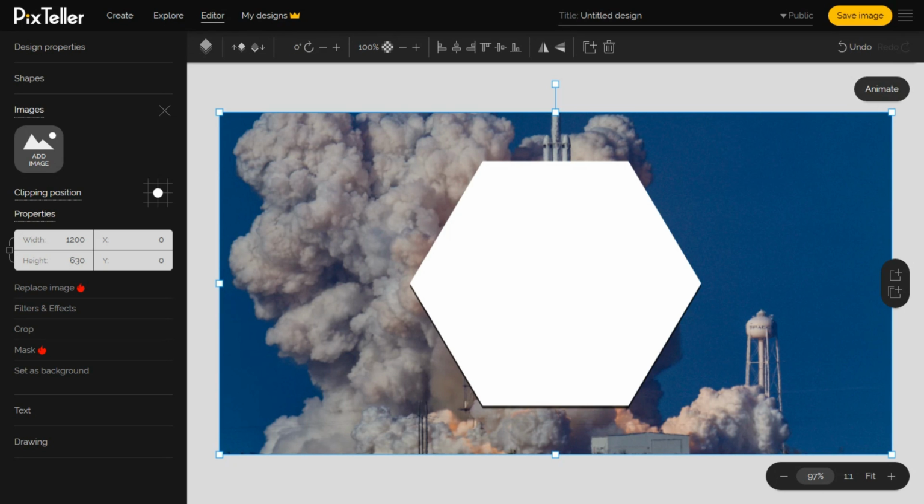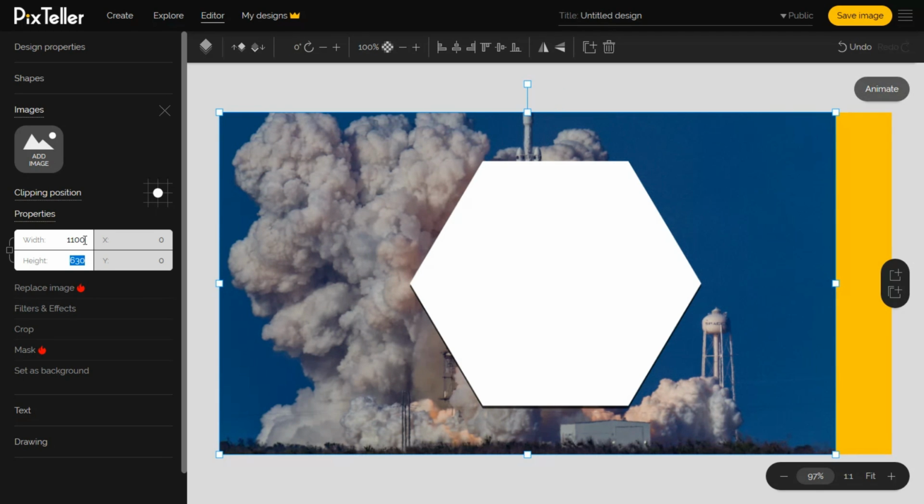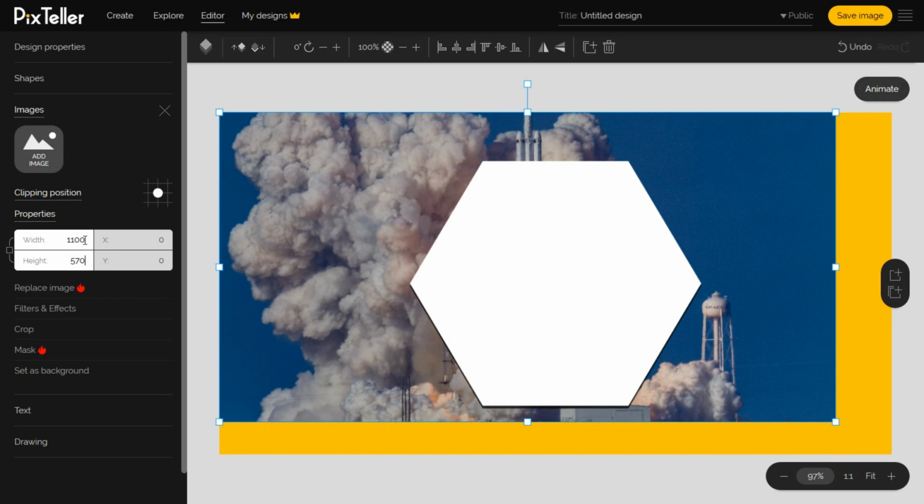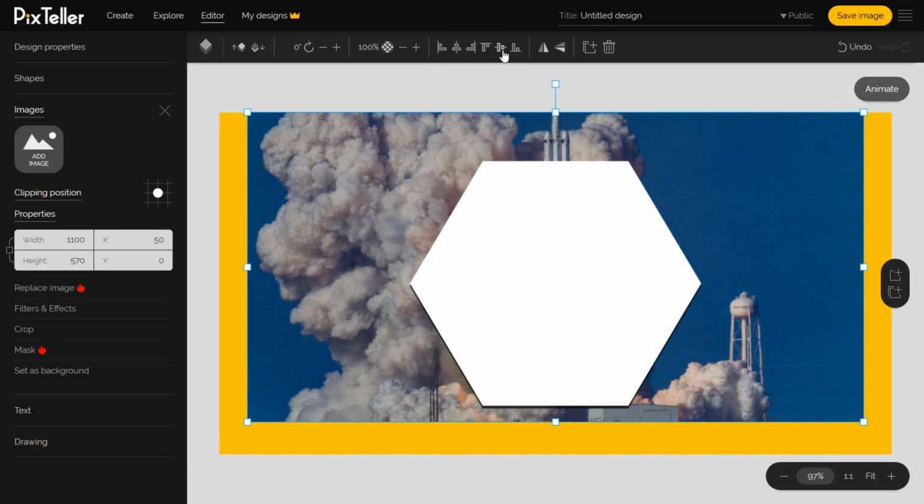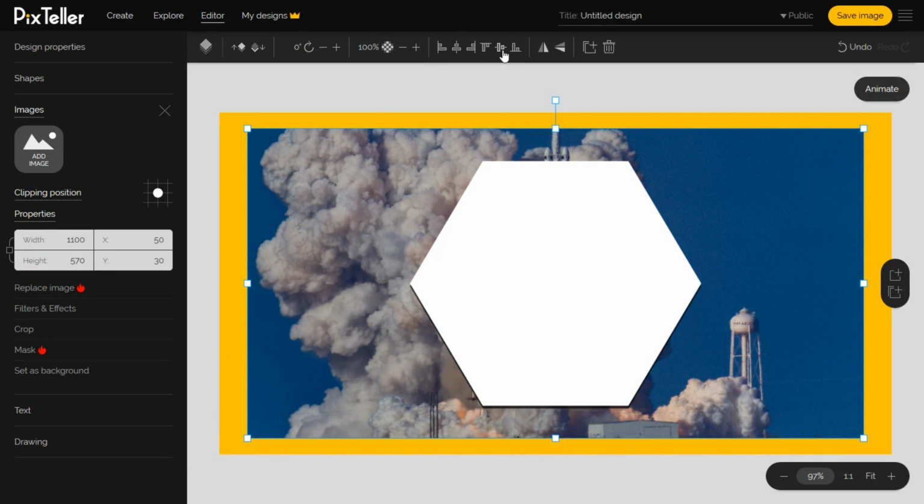In our case, a Facebook post, 1200 pixels width and 630 pixels height. Also, I want somehow to have a border around, so I will manually resize the image from the width and height inputs by decreasing the width and height by 100 pixels and 60 pixels respectively, and set the alignment to center and middle. I can easily crop any wanted photo area without destroying my photo properties like size or position